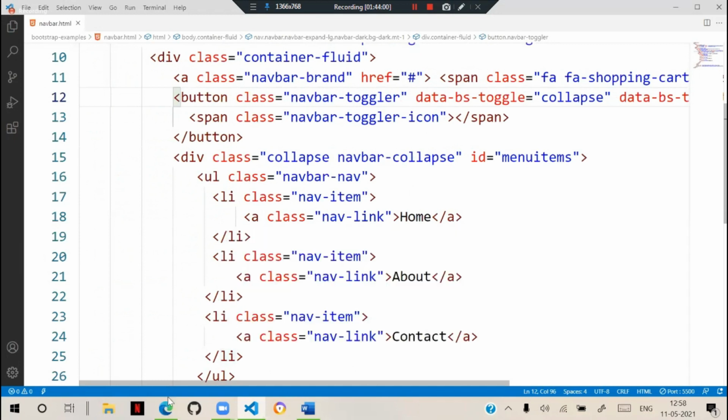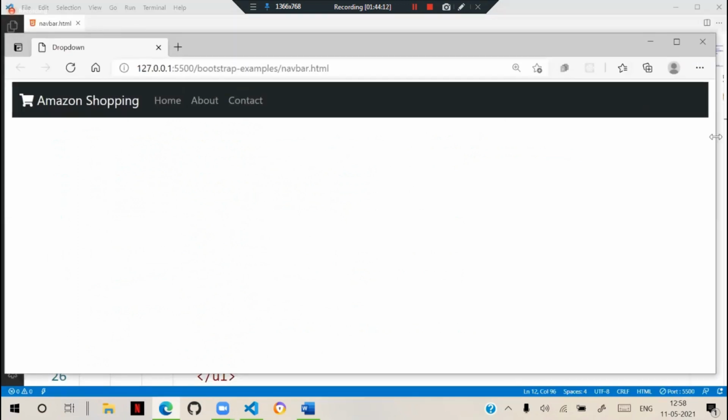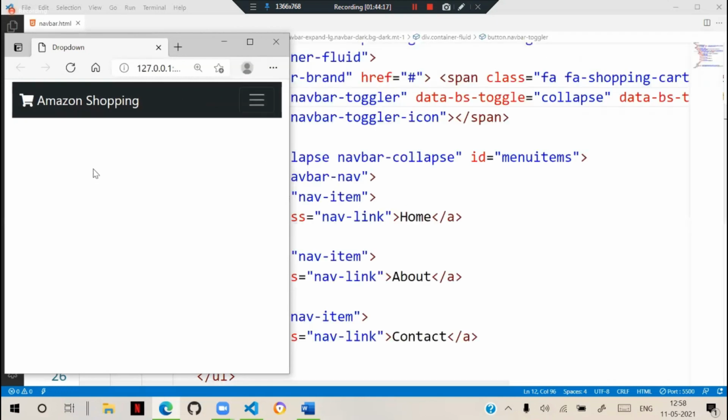Now you can see in the design, home, about, contact are there. But interestingly, when I change the zoom or I change the width, you can see automatically those will hide and the toggler will come. You can keep this left or right, your wish.